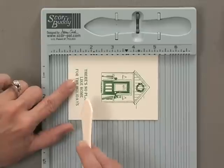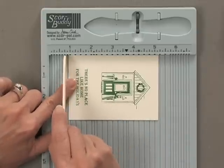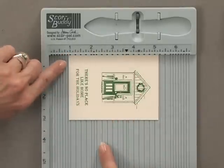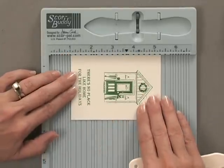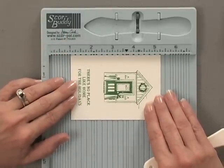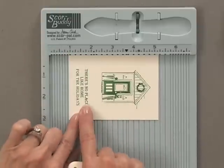So I'm actually slipping my piece of cardstock right in front of the notch before the 1-inch notch. But that's going to be determined by where you stamp your greeting versus your focal image. So give yourself a little bit of leeway there to move it based on where you stamped your images. Don't be so concerned that you have to stamp them perfectly and they have to line up with what I'm doing. Yours might start at 1 inch and be perfect. Yours might start at 1¼ inches and be perfect. But just find a spot where these 3 little lines can be scored right in between the greeting and the